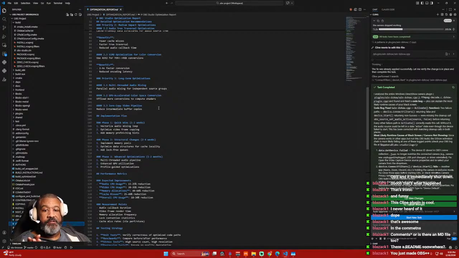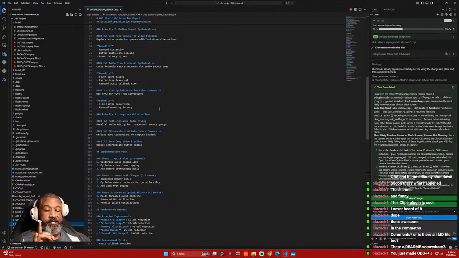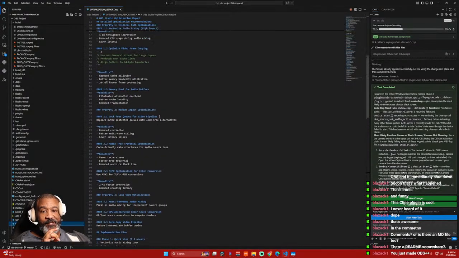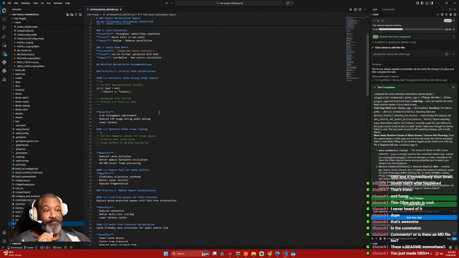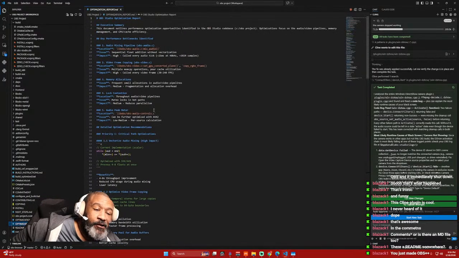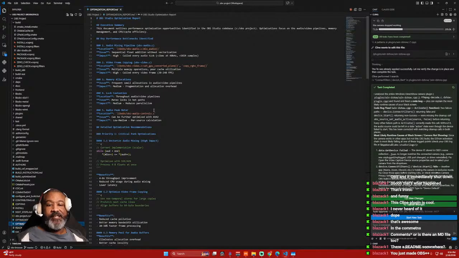Offload more conversions to compute shaders. And then it changed the, I did make OBS plus plus. I'm thinking of what else to add. Like seriously. Cause it was running pretty good, but I had to keep the same